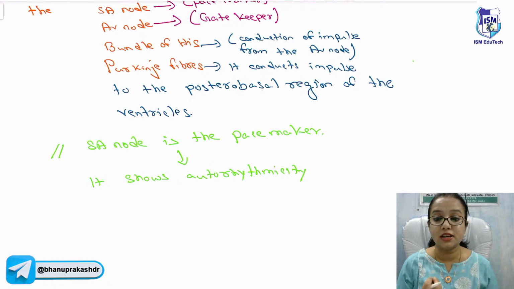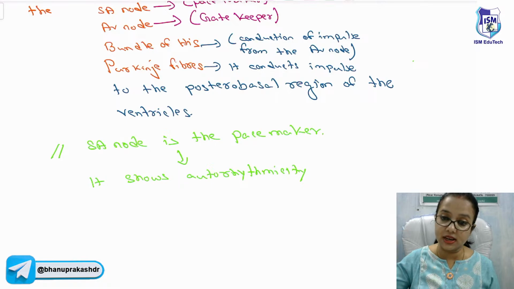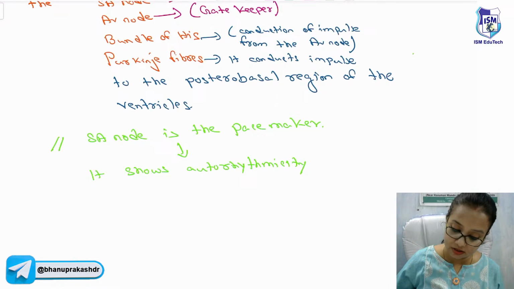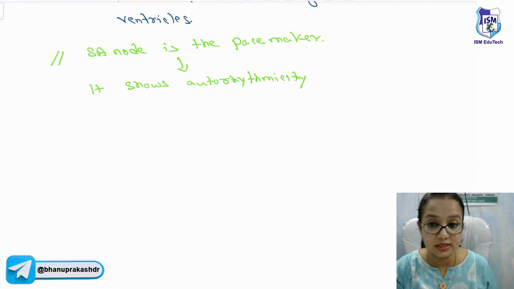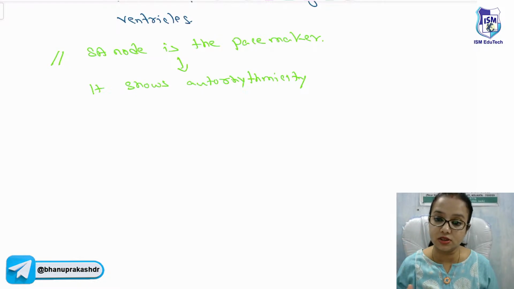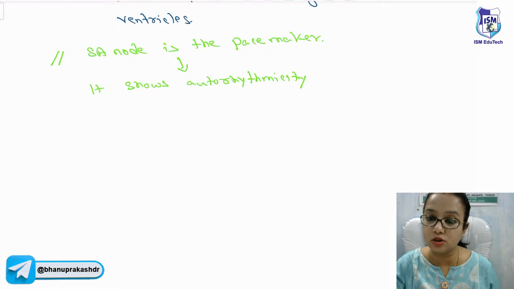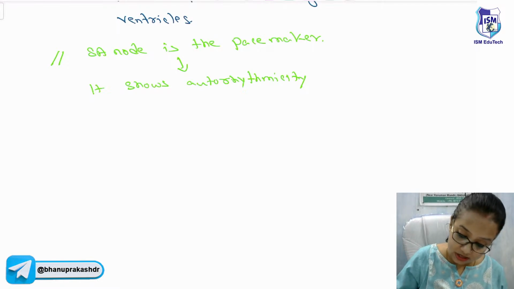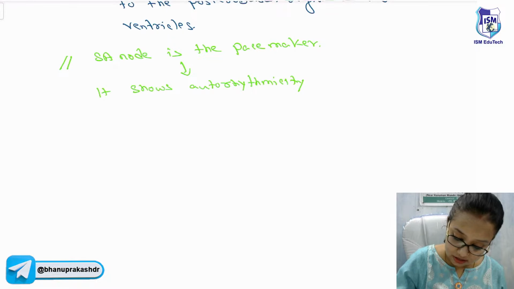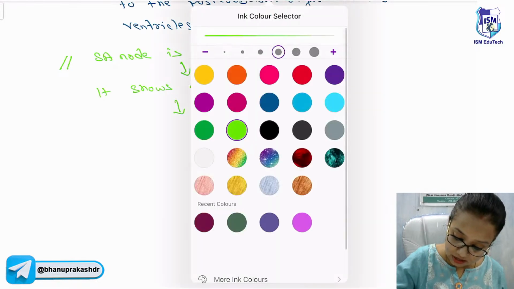Means it can generate its own impulse without getting any command from the central nervous system. The brain is not sending any impulse to the SA node to generate impulse, but the SA node itself can show autorhythmicity. Now the reason behind it is that this